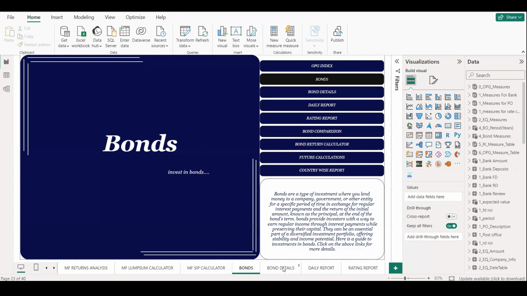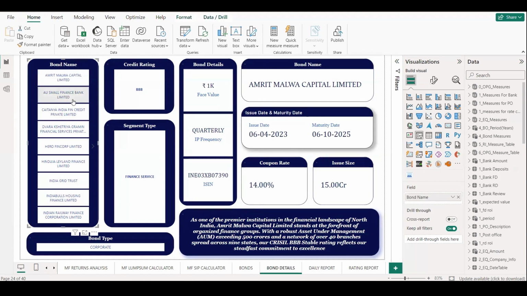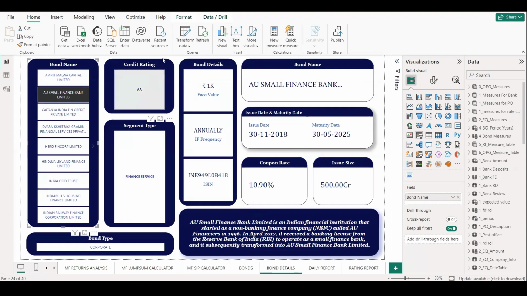Now let's move on to the first page here. This is a basic page where you'll be able to see all the details that are available to the public for a particular bond. Here I have taken all these bonds for analysis. If I select a bond, I'll have a credit rating. This is the credit rating I mentioned earlier. I'll also have the segment the bond belongs to, and what the bond type is, whether it's a corporate bond,